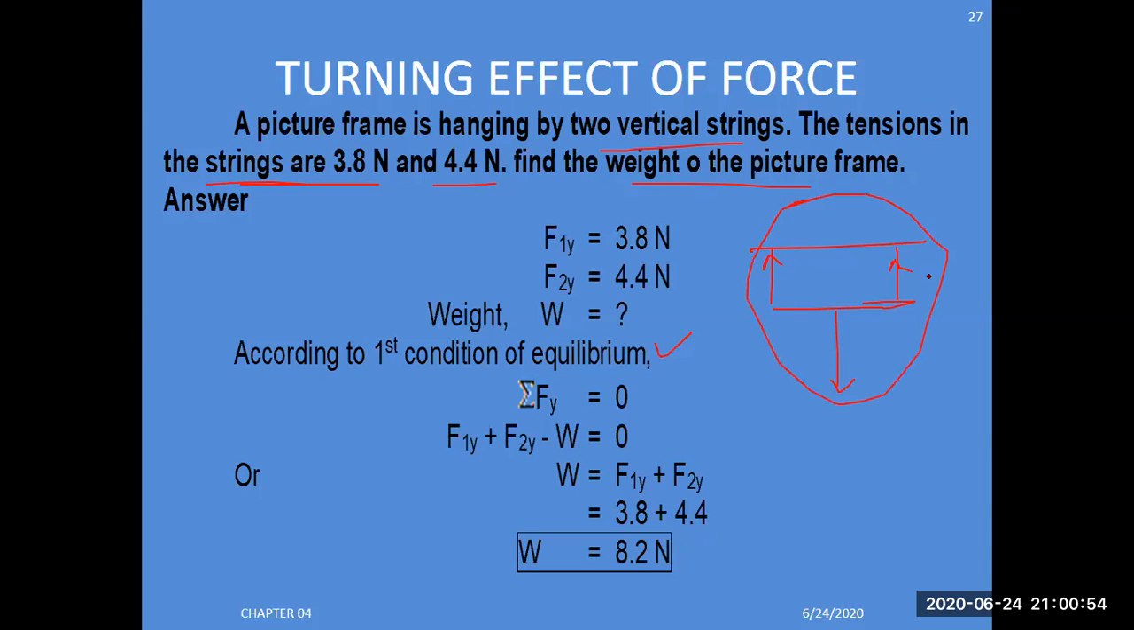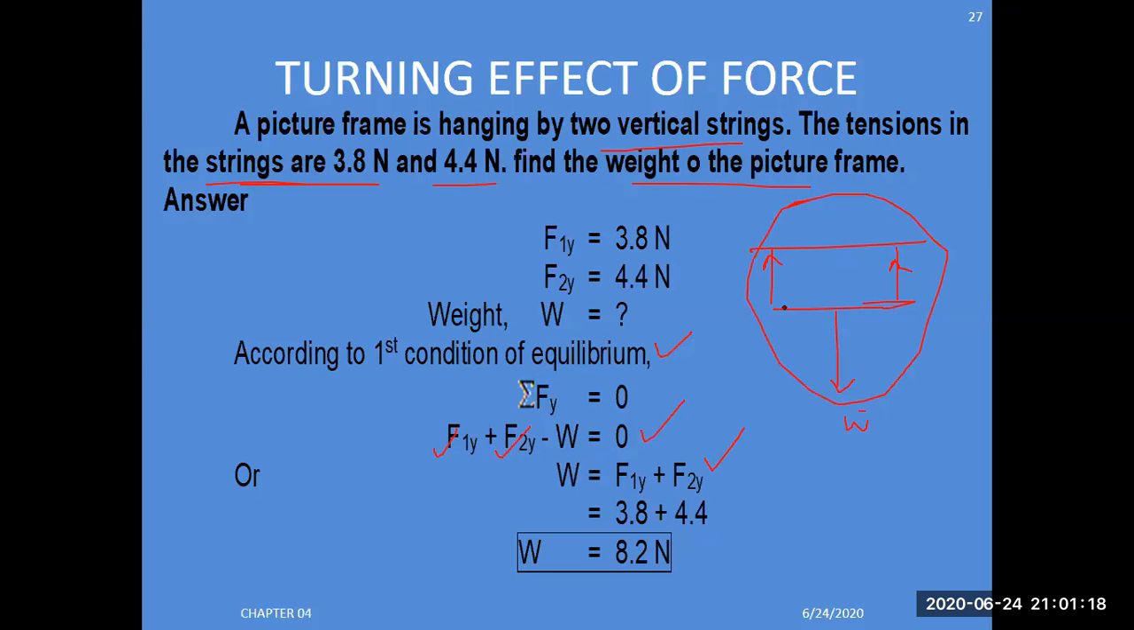So these are the two forces, F1y and F2y, that is T1 and T2, and the weight is acting in downward direction. The direction of weight is opposite to the direction of tension, so that's why you are taking the minus sign, and it is at rest, so that's why the sum is 0. So if you simplify it, the weight is equal to the tension, when it is balanced,